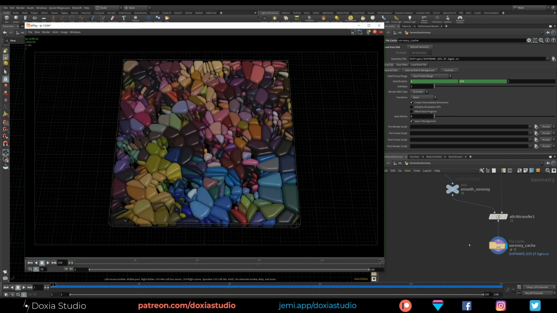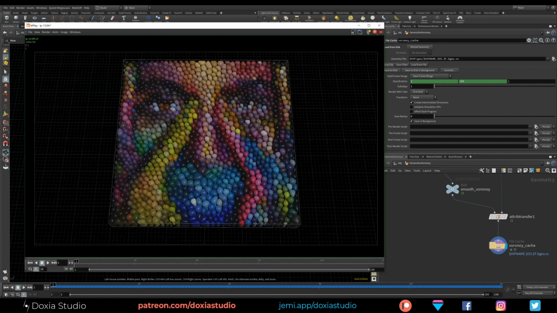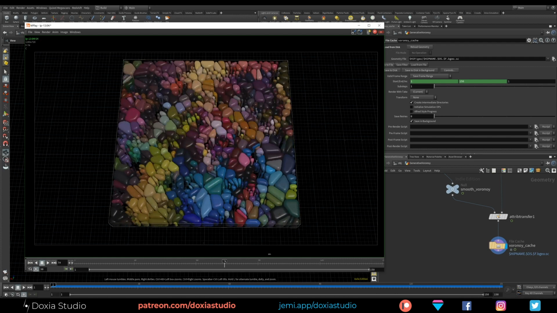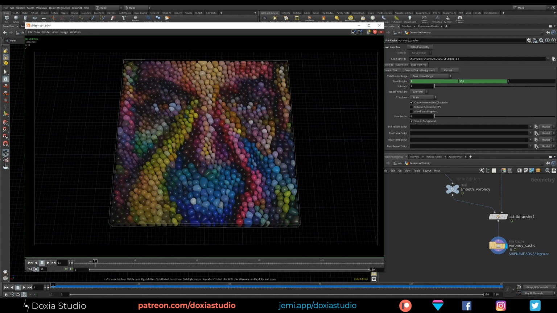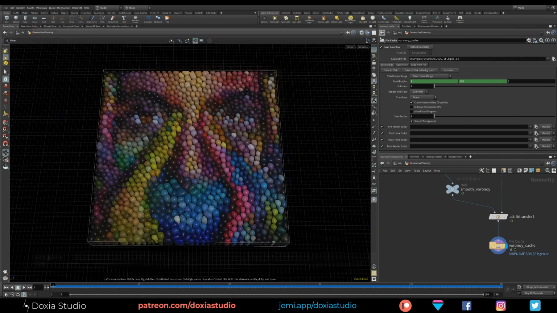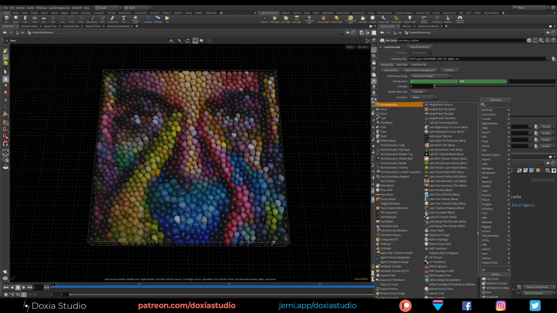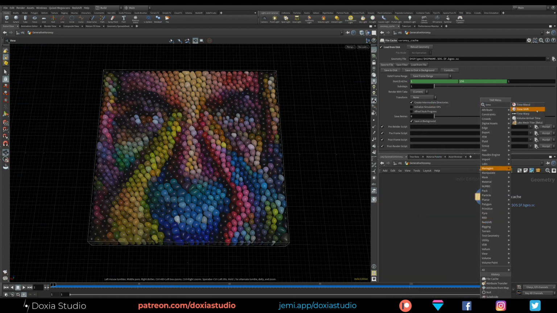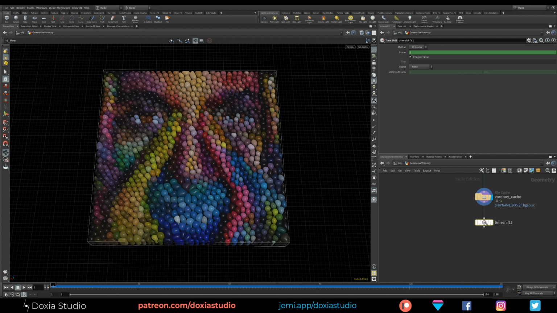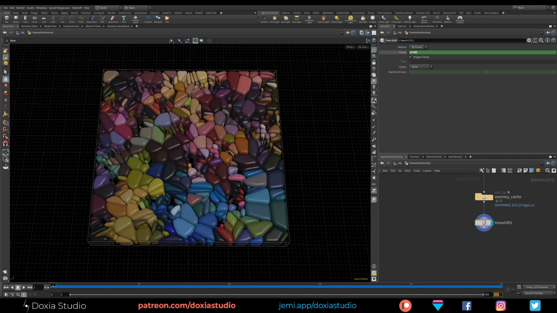So we just need to reverse this animation, and instead of going from 1 to 150, from the start to the end, we want to do the opposite. Okay, so let's check this out. Let's use a simple time shift. I do this with time shift. I guess there are other ways to do that, but I like to do it this way. So I'm pressing this to see the expression. I want to use the frame end. This little expression gives us the length of our simulation.